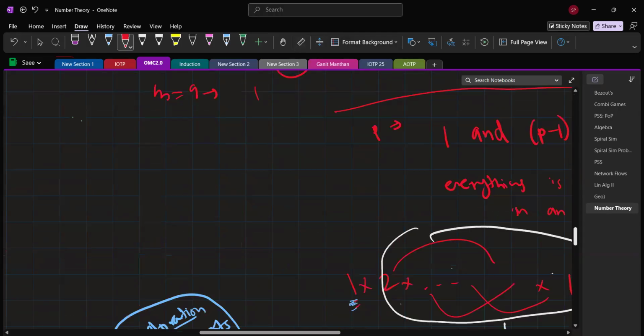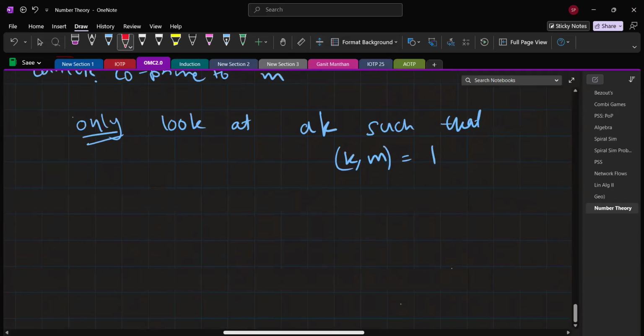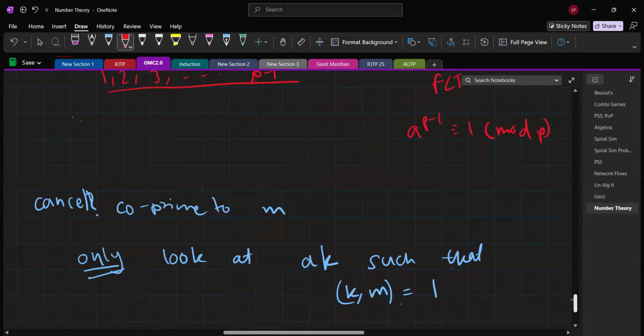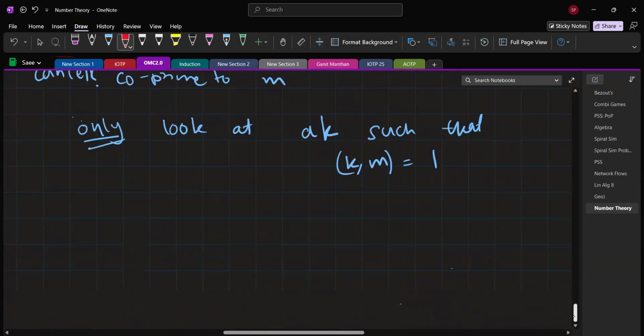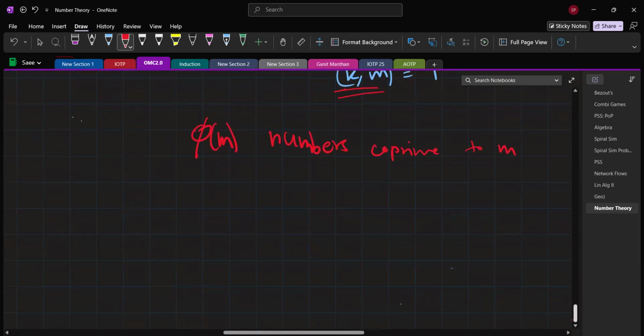Right, so basically that's the idea. And where is that? How many numbers, what is the thing that we're going to get in the exponent? Since we're only restricting ourselves to numbers that are co-prime to m, however many numbers there are, let's say there are phi of m numbers co-prime to m. Then what happens is, we have not proved this yet, but the first step to doing this is to show